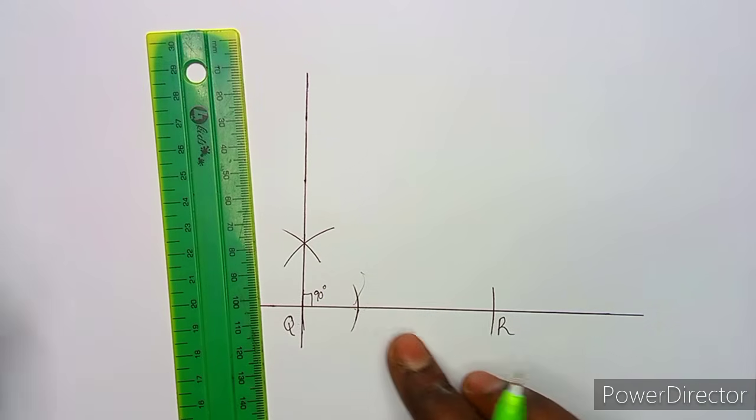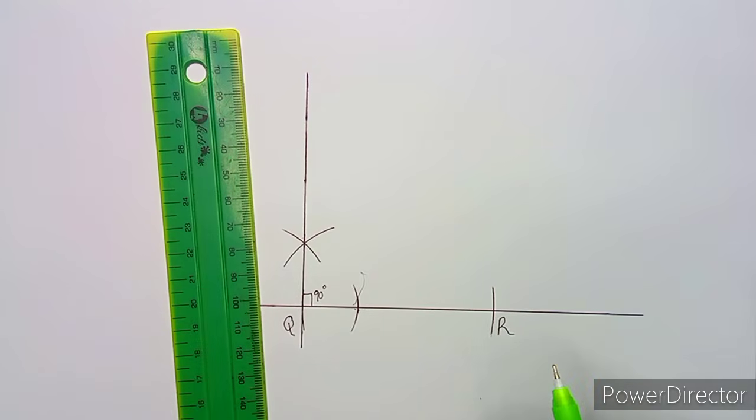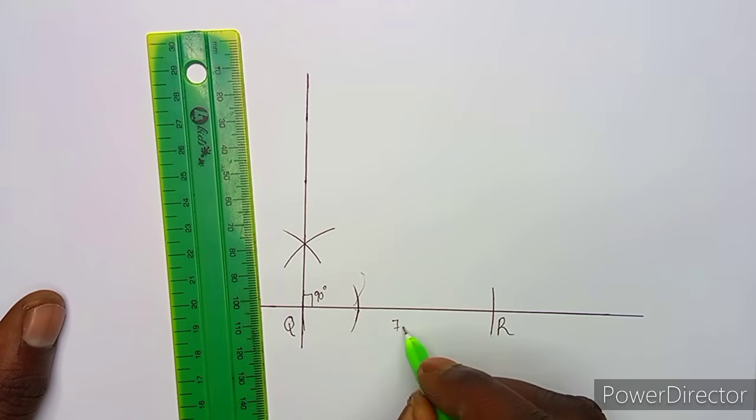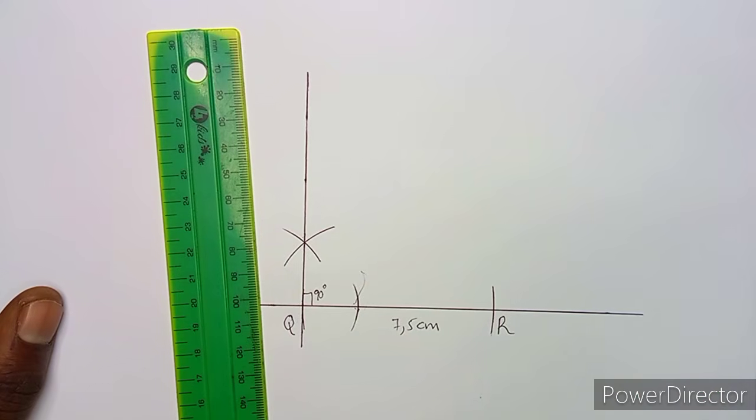But when you are constructing, you cannot even write this because already it's there. Okay, they are going to measure these things or these values. Okay, but your QR here is 7,5 centimeters. Also, they will measure this. All right,